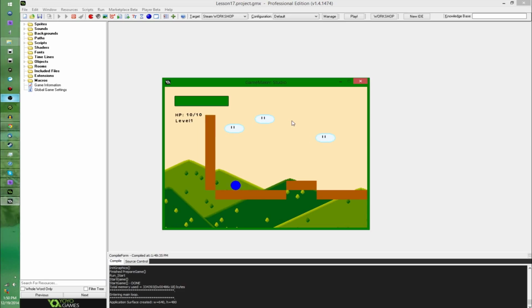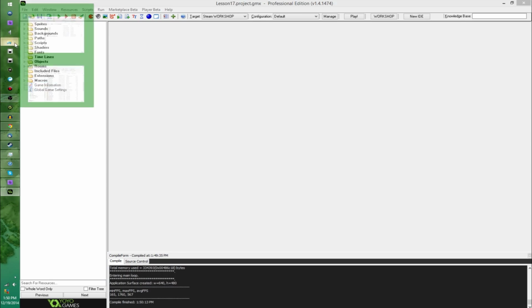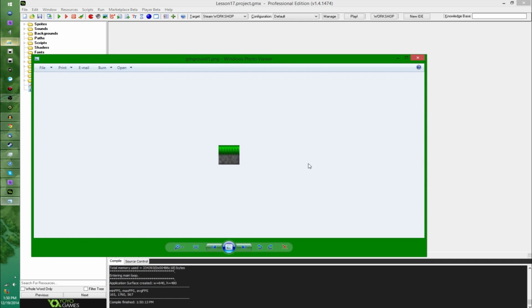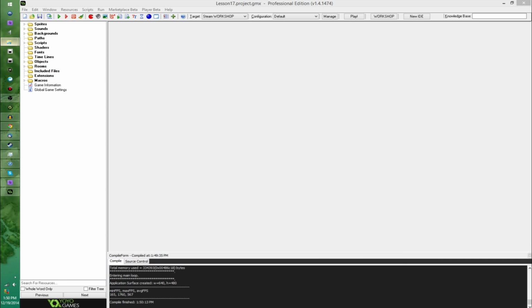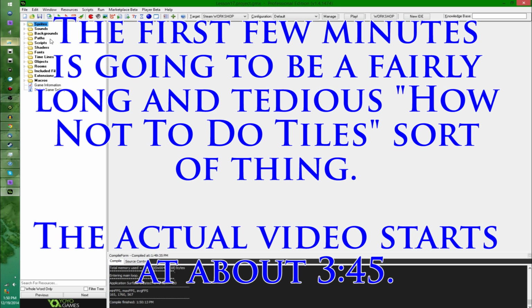It has music, it has backgrounds, it has killing things, and now we might as well enhance the graphics a little more. So, as these amazing looking brown blocks go, a lot of people would want to, if I can find the folder once again, make it look like something, so perhaps, I don't know, maybe this? A nice little grass tile. So what a lot of people's first instinct would be to do would be to, if I can drag it